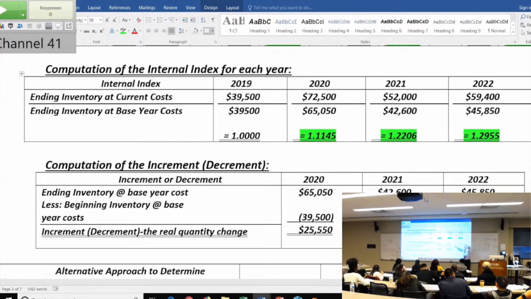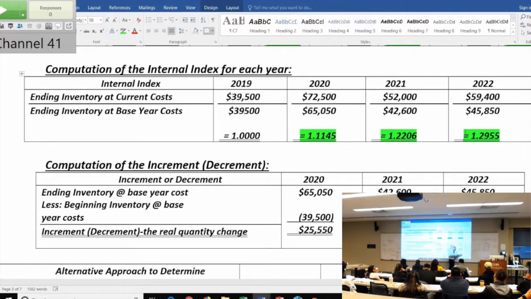And then finally, 45,850. Base year prices and the inventory minus the beginning of 42.6, I've got 32.50, an increment. So the way it works is on base year, I started with 39.5, I added 25,550 units. So let's just say that again. It's like saying that I started at the base year with 39.5 units, not dollars, just units. I've added 25,550. The next year, I have a decrease of 22,450 in units, and then I've got